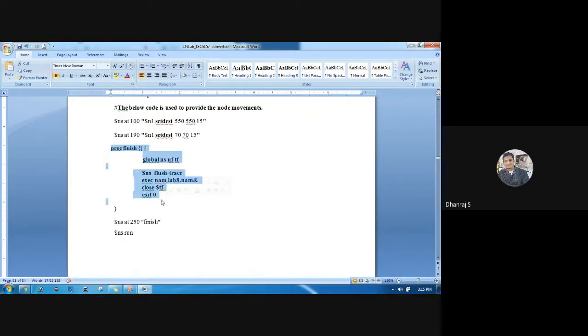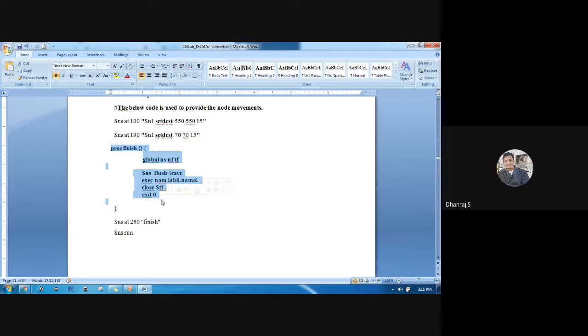So what we have seen in the remaining programs is defining the global variables like ns, tf, and nf, and $ns trace, which is a simulator method that dumps all the data into the respective files, like the trace file and out.tr file.